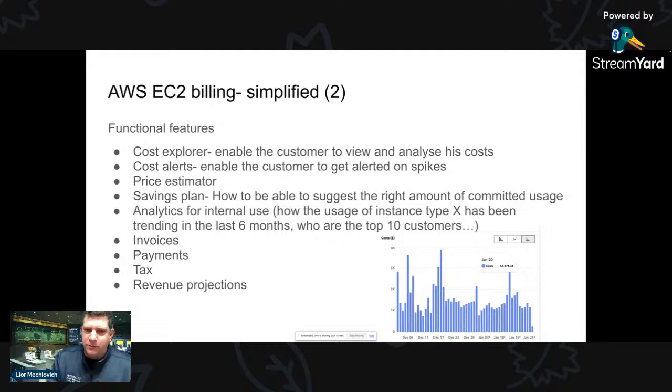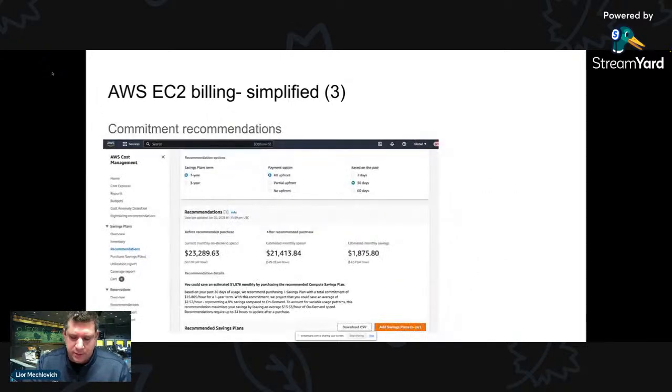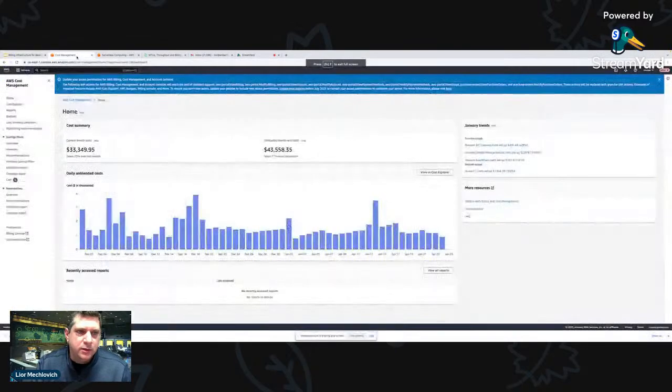What do we need to do with it? This is pretty comprehensive, but look at what EC2 needs to provide to show their customers to really be able to understand this usage. Because when you bill on usage, it's really important for customers to be able to explore, view and analyze the costs when there are spikes, and to associate which service and which region it was. If we switch for a second, maybe just to show it, I'm not sure if everybody knows this example. Let me quickly show it here.